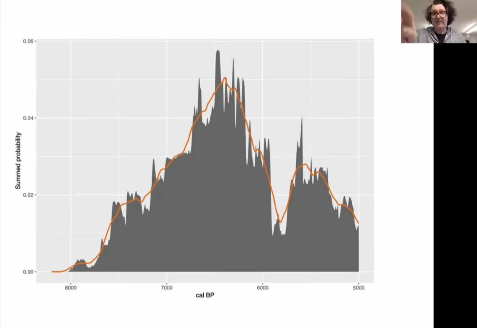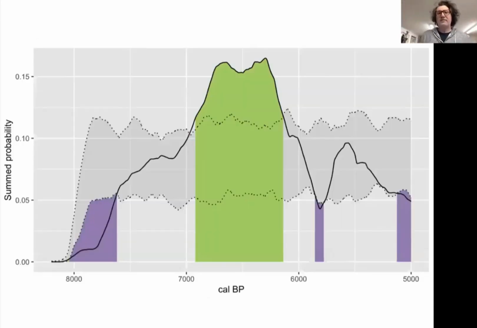So you never know whether these dips and peaks are just artifacts of the calibration curves or a real indication of demographic increase, stuff like that. To overcome this, you usually do some kind of elementary statistical analysis. Basically, you try to estimate whether these peaks and dips are statistically significant. And you do this by comparing your data, this empirical curve that you can see here, with some kind of